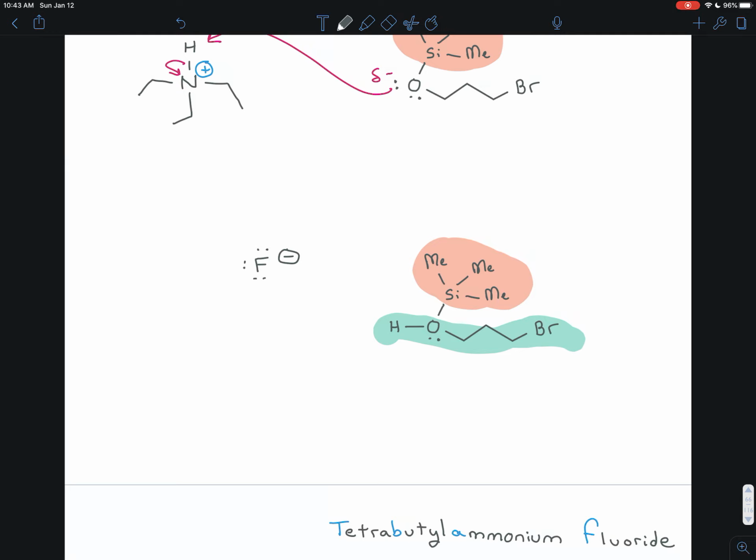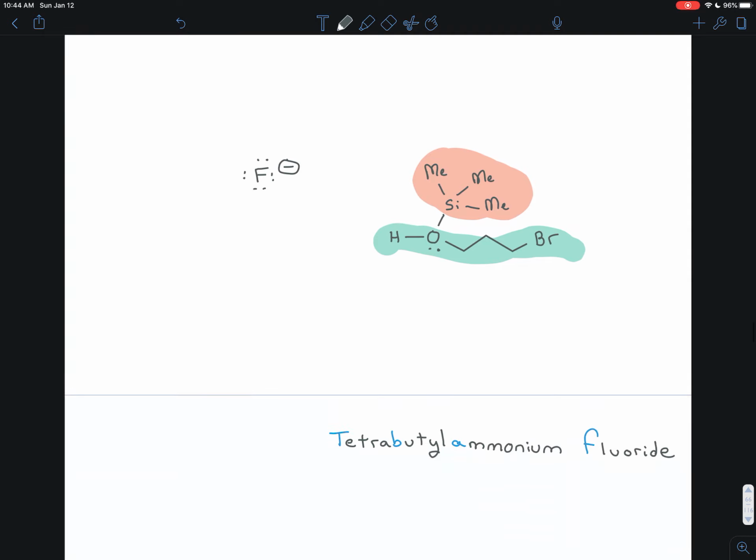That's fluorine with a full negative charge. And hopefully that does make sense. Fluorine is the only element on the periodic table that's more electronegative than oxygen. So it would make sense that it would have this sort of more intense negative charge that it would use to stick to that silicon even better than the oxygen does. Fluorine needs a molecule to be stabilized by,